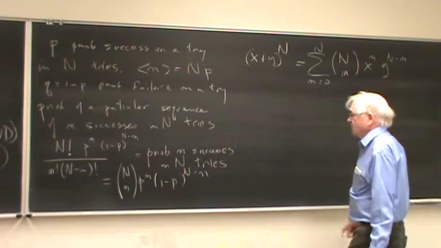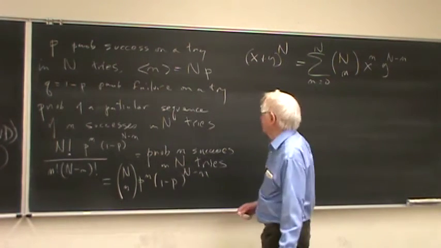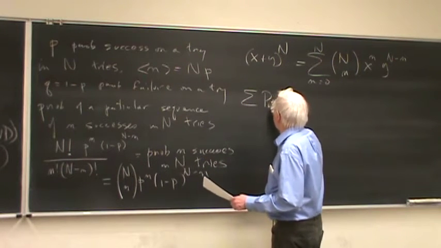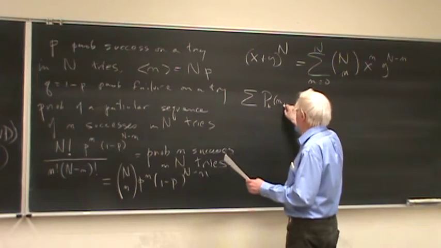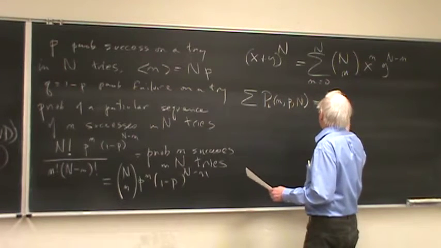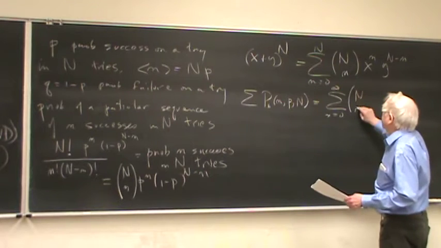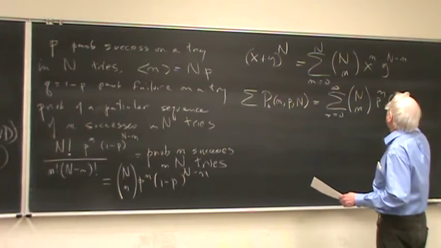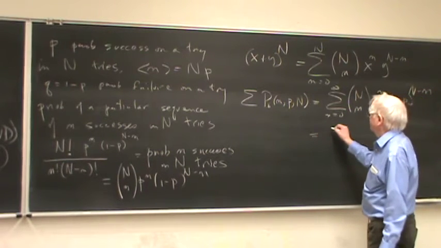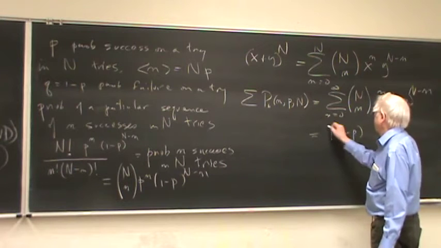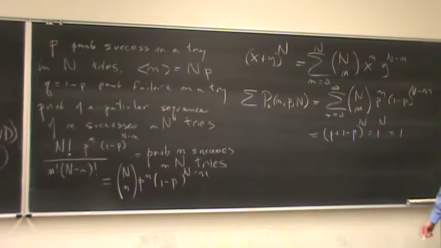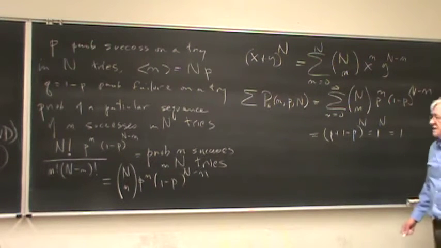Now, consequently, what's the sum of these probabilities? So the sum of the binomial probability of n successes, if the probability is p, and that's the number of trials, well, that's the sum, n equals 0 to capital N, of (N choose n) p to the n times (1 minus p) to the N minus n. Well, this is just p plus (1 minus p) to the N, which is 1 to the N, which is 1. So the sum of the probabilities is unity,